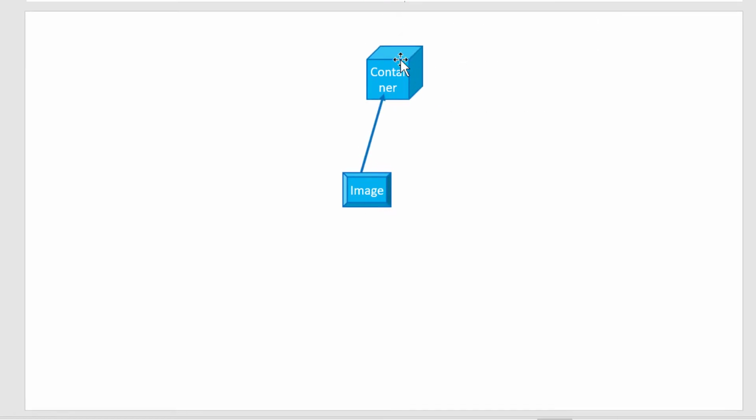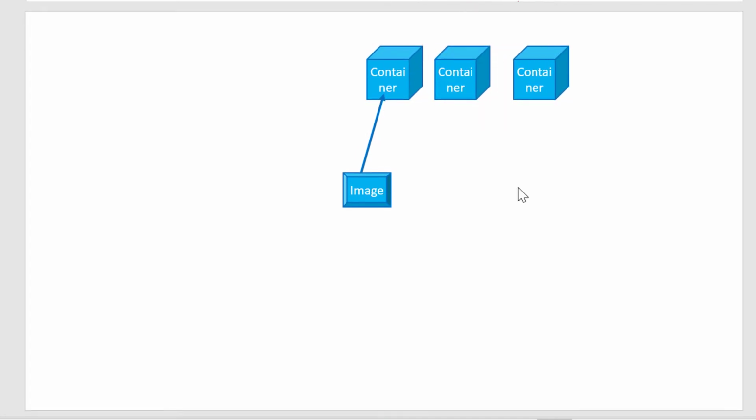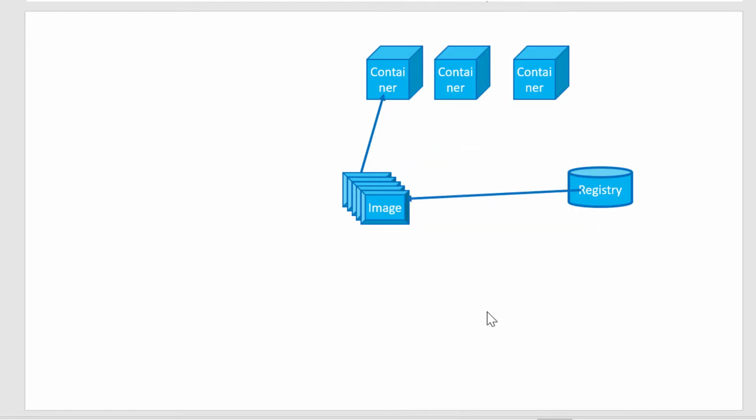So from the image I can have a number of containers getting created, and the daemon or the machine from where I am going to create the container, I can have a collection of images. And at the organization level, I may have a registry which is going to hold the image collection. So registry acts like a repository where I can have a number of images, and within the registry I will be having repositories, and each repository will be handling one image, and every repository can have multiple versions based on the tags. So basically tags are nothing but multiple versions of a particular image.